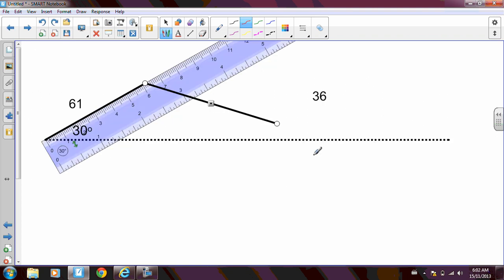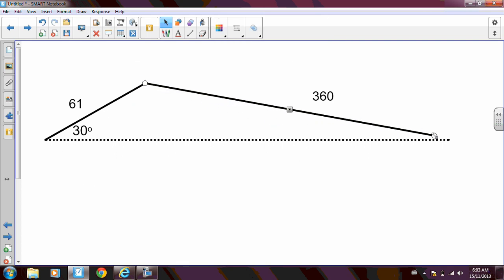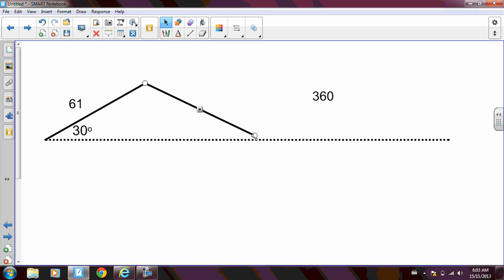On this next page, I'm going to delete that. If I had something quite different here, 36.0 for example, a kind of extreme number, if this side is quite long, I think you can see pretty clearly that it can't loop around underneath the way the other one did. If this side is extremely long, it's always possible to draw the triangle, but you've no concern about it potentially having that same situation where one side is here or here. So as long as the second side out here, the side across from the angle, is big enough,